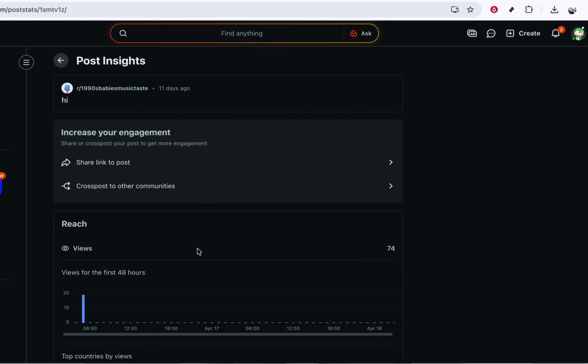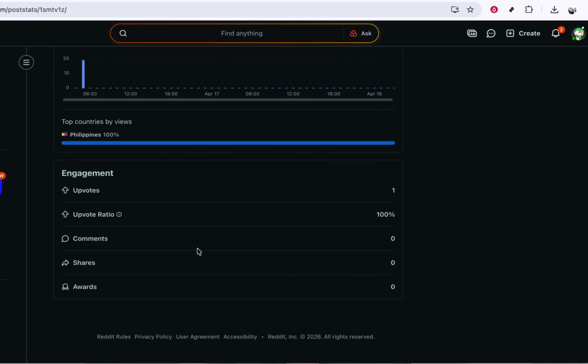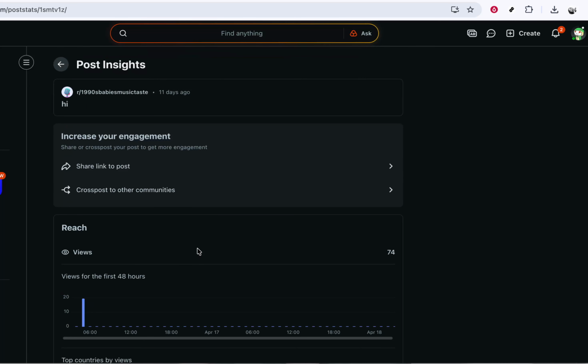Once you're inside the Insights view, you'll typically see detailed information such as how many people saw your post, how many interacted with it, and possibly where that traffic came from. Take your time exploring these numbers. For example,